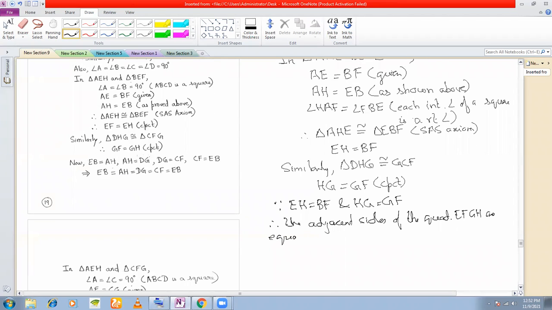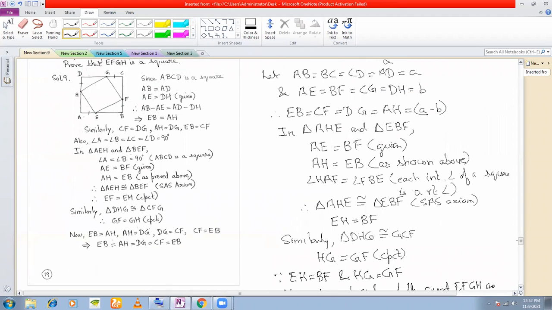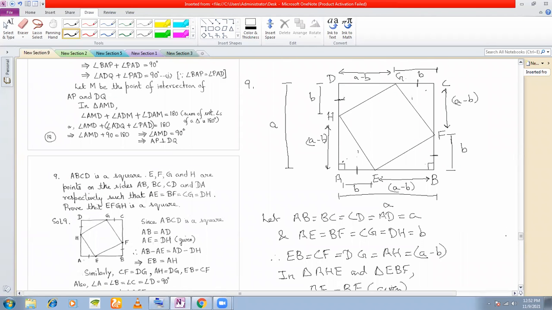But is it sufficient to show adjacent sides are equal to say it is a square? Is it sufficient? No, sir. Then if I have already shown adjacent sides are equal, what do I have to show next to say that all the sides are equal? See, this side here is equal to this side here, right? This side here is equal to this side here. Now, if I can show that this side is equal to this side, then can I say all the sides are equal? Yes, sir. That means I simply have to show that the opposite sides of this quadrilateral are also equal.